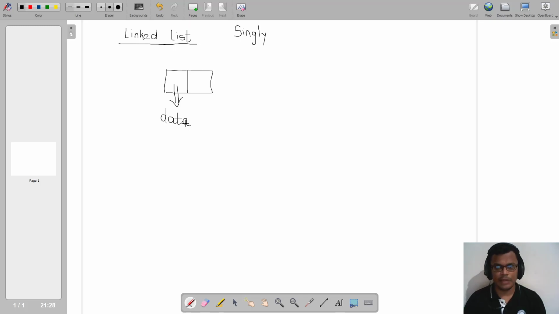It can be numeric data, floating point data, or character data. Any kind of data we can store in that particular field. And the second part of this node is basically a link, and this link is pointing to the next node.